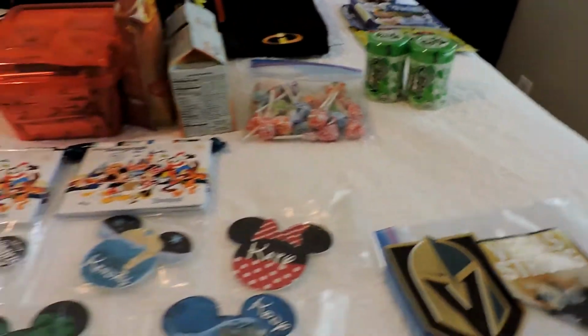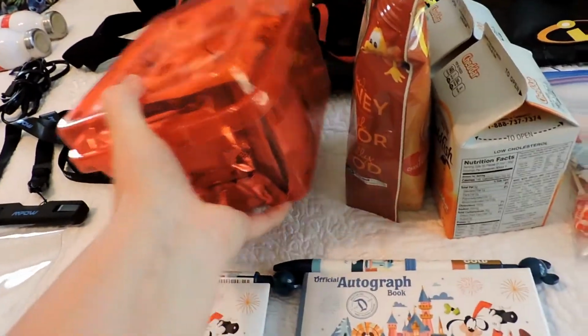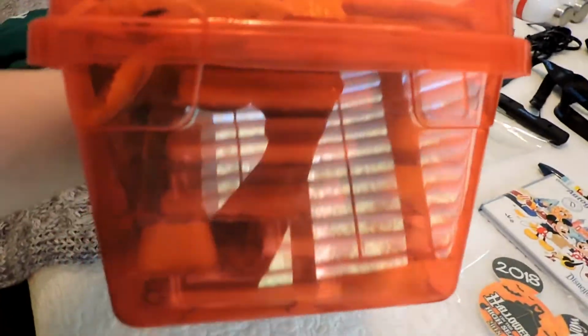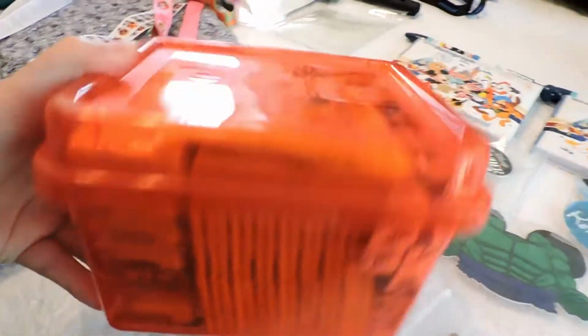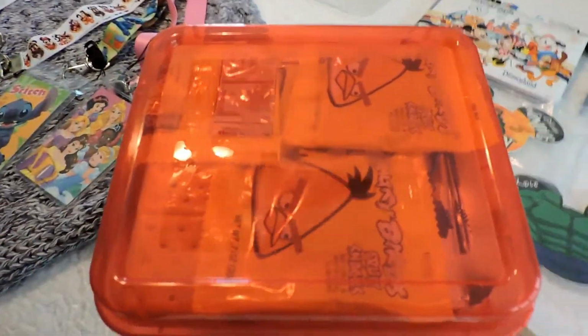I did decide to bring some snacks for our stateroom. I just got these from the Dollar Tree. Got this little bin from the Dollar Tree. There's some Cheez-Its in there, some little cheese, breadstick crackers with Cheez Whiz. Really healthy things I took with us. Some peanut butter crackers and just some granola bars, and also some